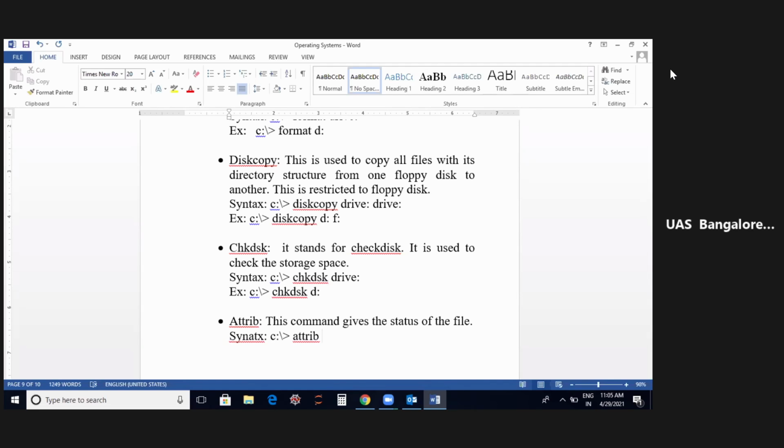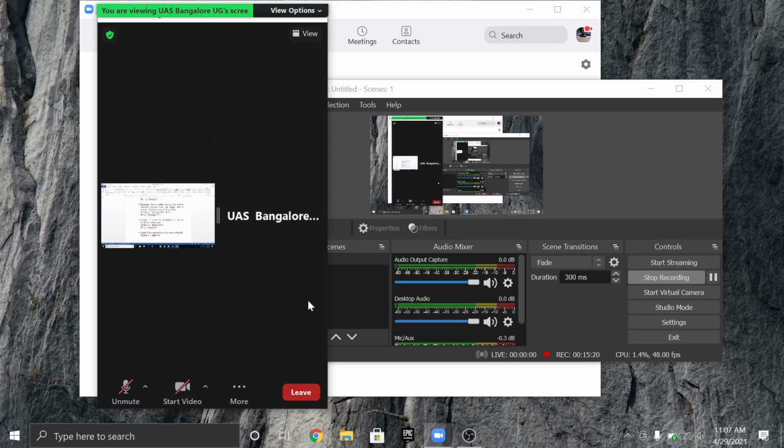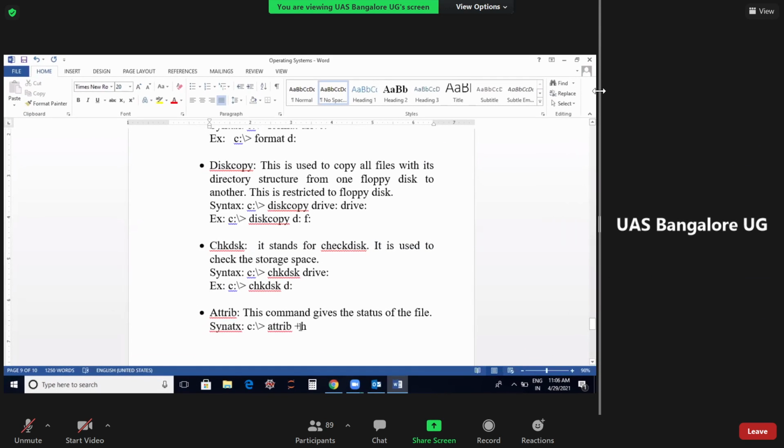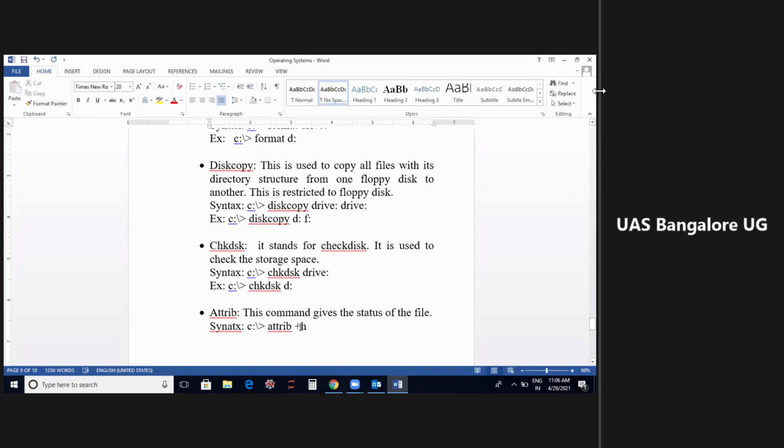You will say plus h, this will make the drive hidden. And to remove this...